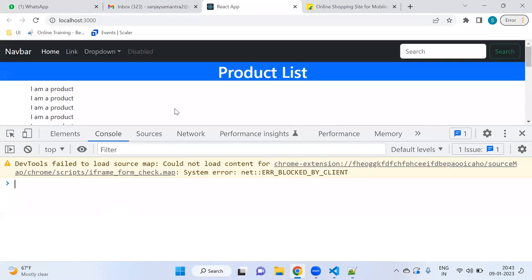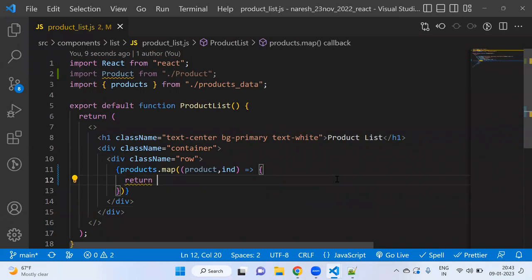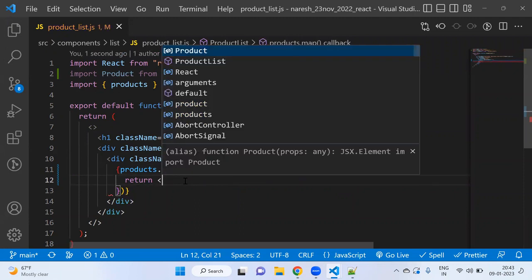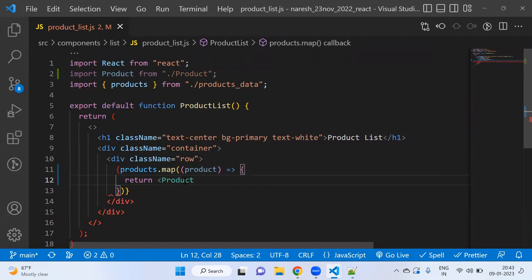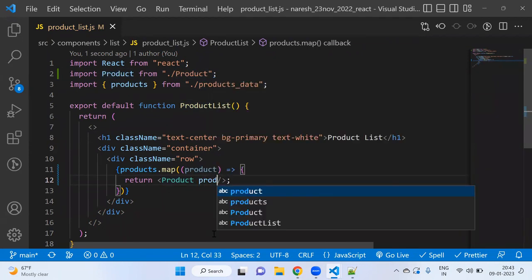But is our intention to display a div? No. Our intention is to display the product component again and again. So how to display the product component? We will use product here. But is only this much enough? No. We need to pass the information that we have in the product list to the product component. To do that, I will say prod equal to